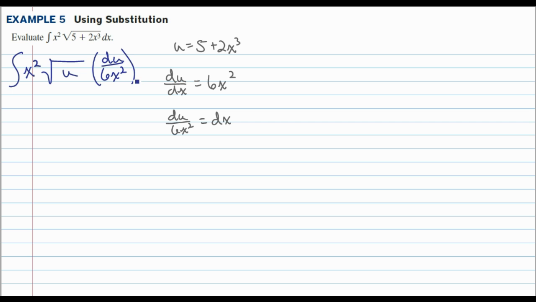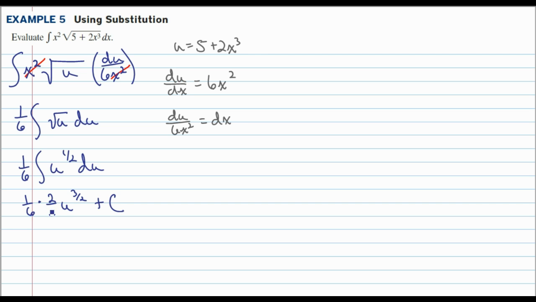Alright, so now let's simplify. The x squared here is in the denominator, but here is in the numerator, so that's good. The 1/6, because 6 is in the denominator, can go on the outside, and then antiderivative square root u du. So that's u to the 1/2. So I can take the antiderivative of u to the 1/2 all on my own,